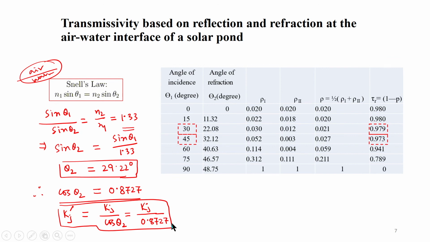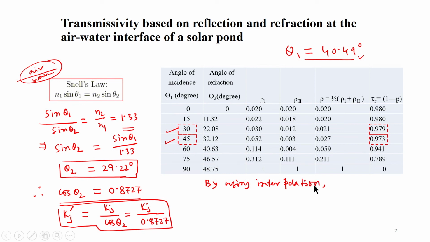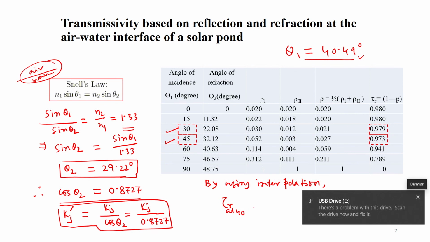Okay. Now, we need to calculate tau r. So, we need to use this table, and as you can see 29.22 is theta 2, and theta 1, what we already got, so I will write theta 1 here. Theta 1 already we have calculated, it is 40.49 degree. Okay. So, we know the values at 30 and 45. So, we need to calculate at 40.49. So, how to calculate it? By using interpolation, right. So, tau r at 40.49